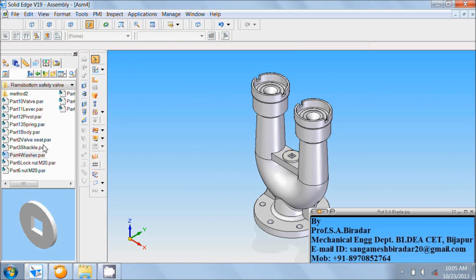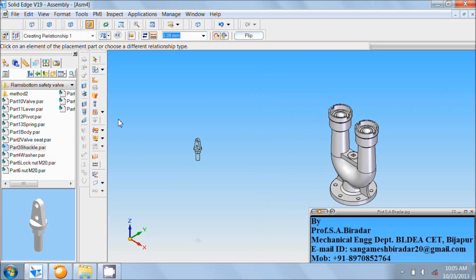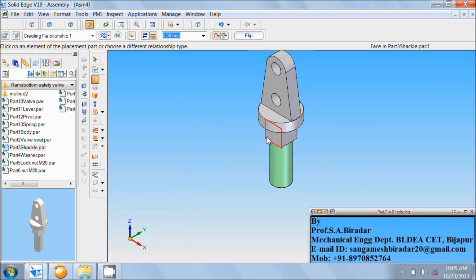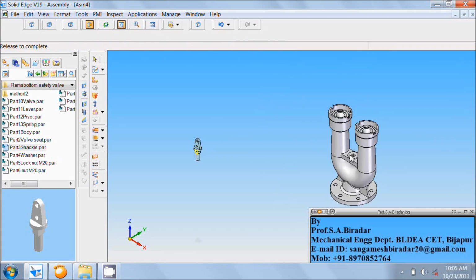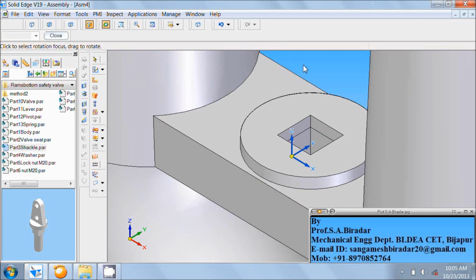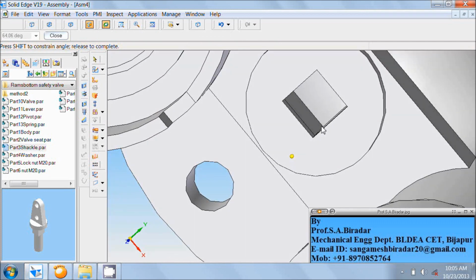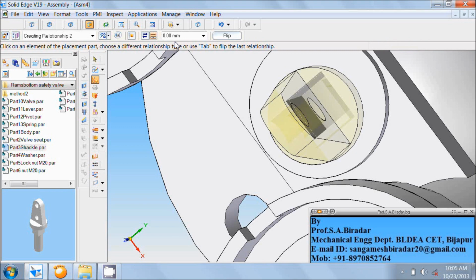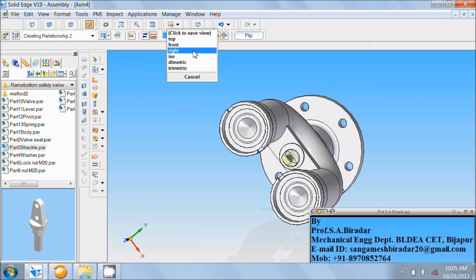Now double click on third part, that is shackle, click on assemble, zoom this area, right click of the mouse, just select this portion of the shackle, this face, fit it, use zoom area, zoom this, right click of the mouse, then rotate in this fashion, right click of the mouse, select this face in the washer, fit it, do named view as ISO,